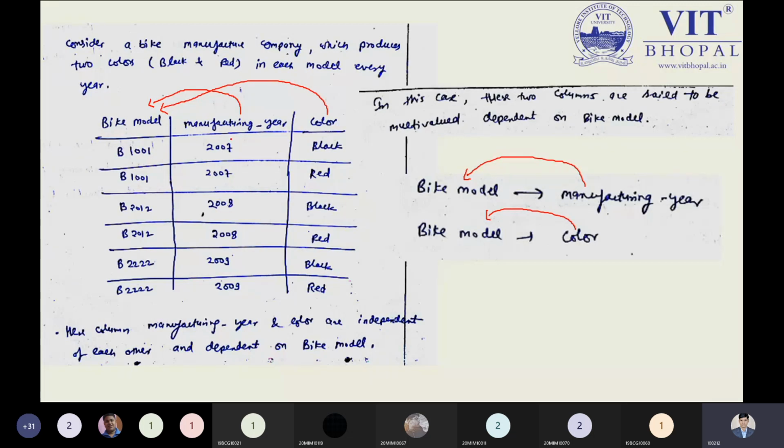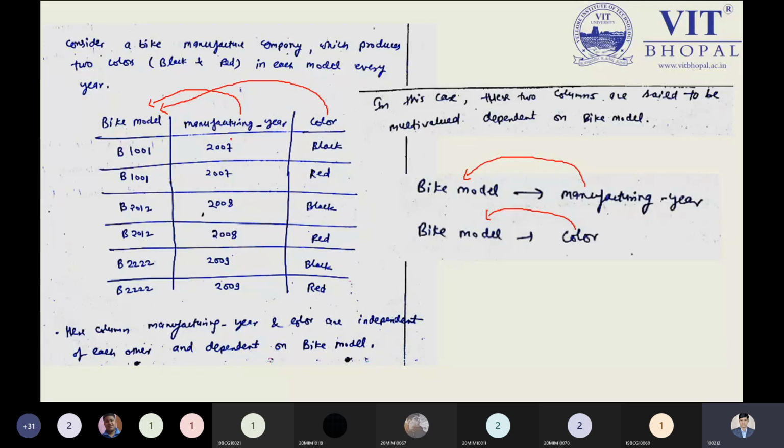But from this perspective, if we have the bike model, which is the name of the bike, it can also take part. So in which year the particular bike model was manufactured by the company, or what is the name of the bike? Just like I'm speaking over here, the Activa. So Activa 4G we have and Activa 5G now we have. In the coming years or maybe the past years, we have seen the Activa was manufactured by the company. So 4G was manufactured in such year to such year, and these are the few colors used by our Activa 4G. Now we have the Activa 5G and we have limited colors. We have seen this situation right now.